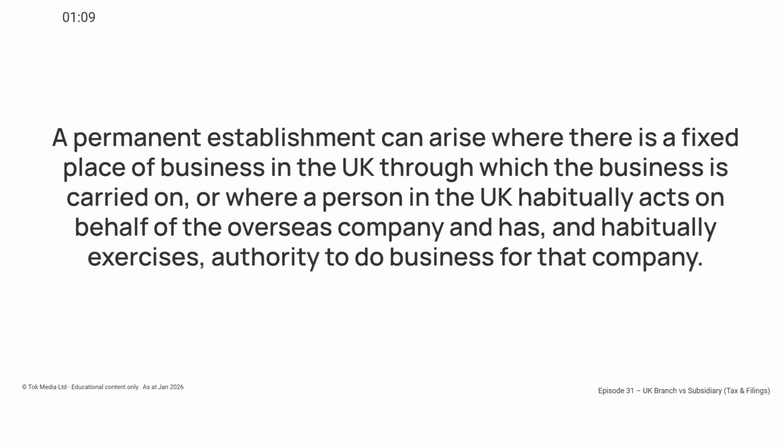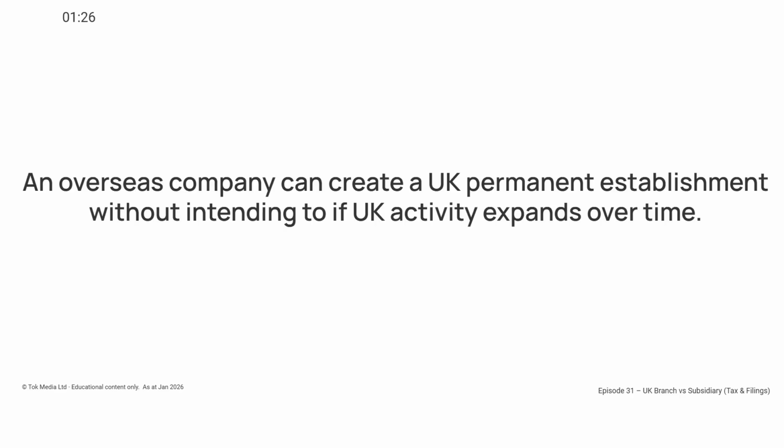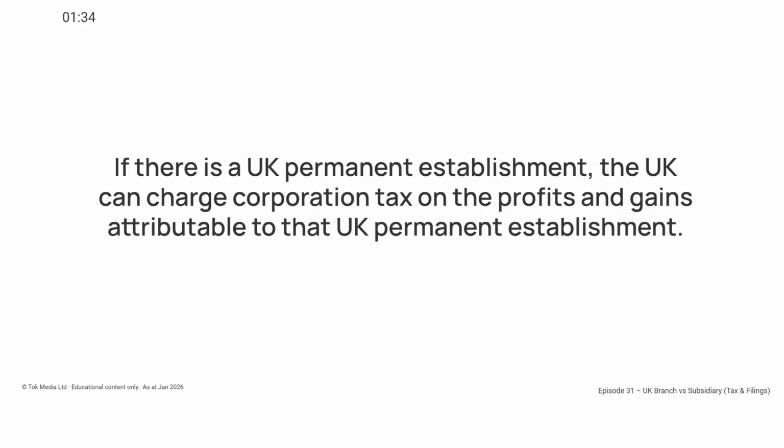A permanent establishment can arise where there is a fixed place of business in the UK through which the business is carried on, or where a person in the UK habitually acts on behalf of the overseas company and habitually exercises authority to do business for that company. An overseas company can create a UK permanent establishment without intending to if UK activity expands over time. If there is a UK permanent establishment, the UK can charge corporation tax on the profits and gains attributable to